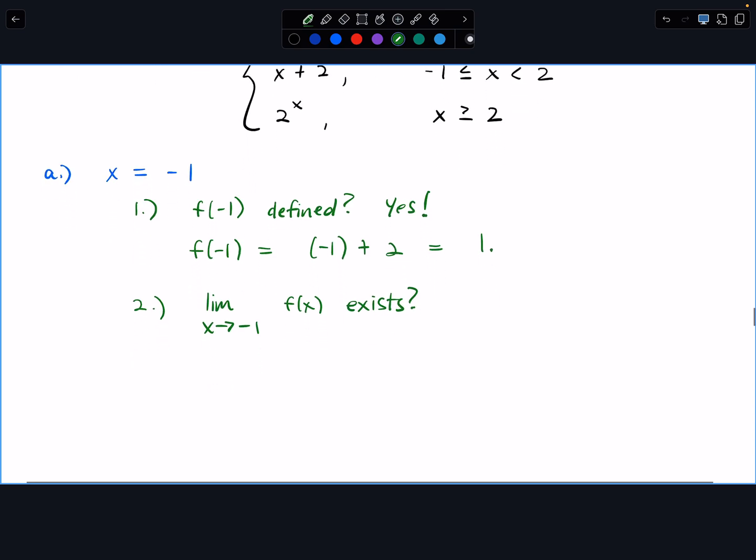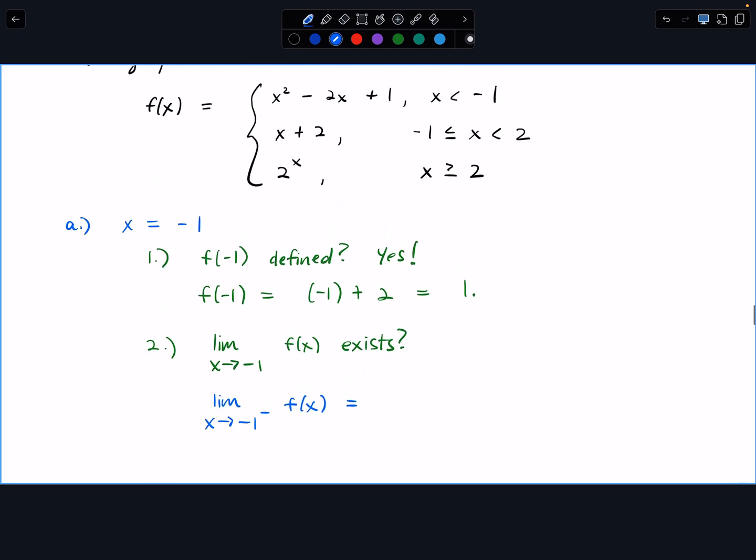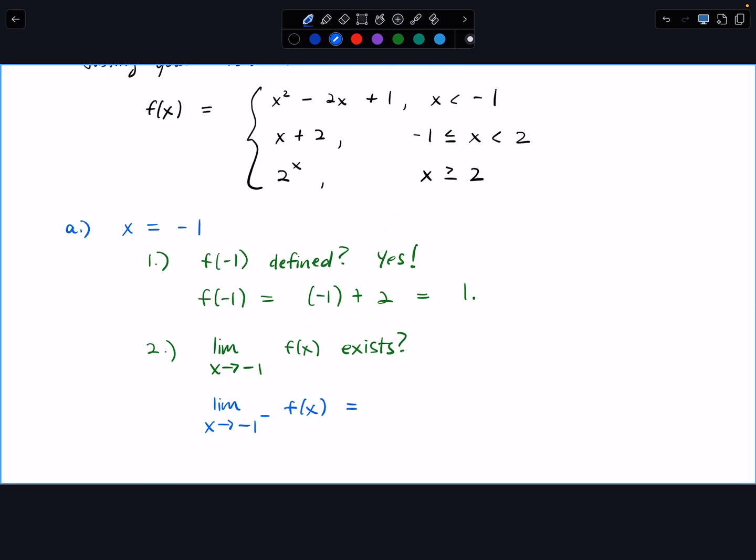So, I'm going to use a different color. The limit as x approaches -1 from the left of f of x is equal to, which piece am I going to plug that into if it's the left side? Top, middle, or bottom? Top. Because if this is the left side, does that make sense? It's less. You guys follow me? Okay. So if I plug this in,